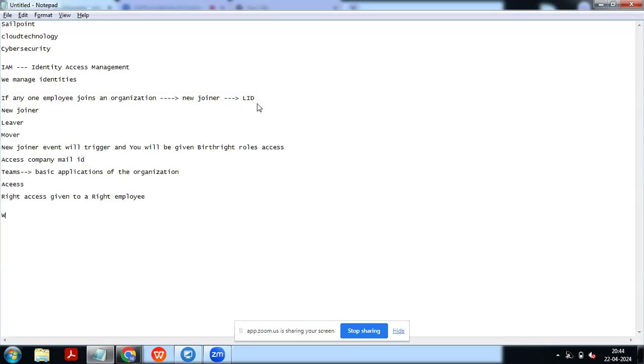If you are joining an organization, your ID will be added to a particular application, which we call a birthright role. So whenever you have a birthright role, it is provisioned.